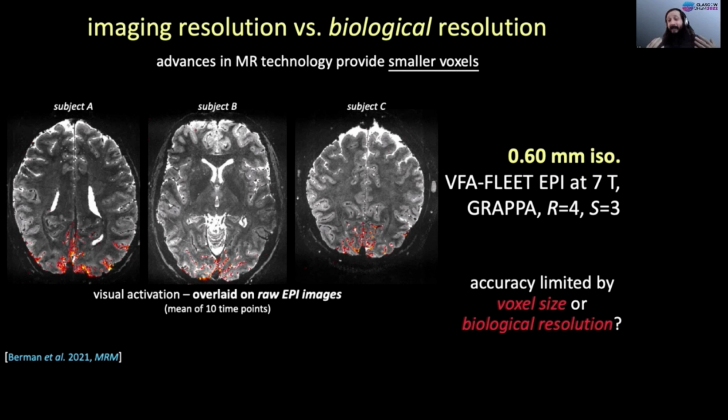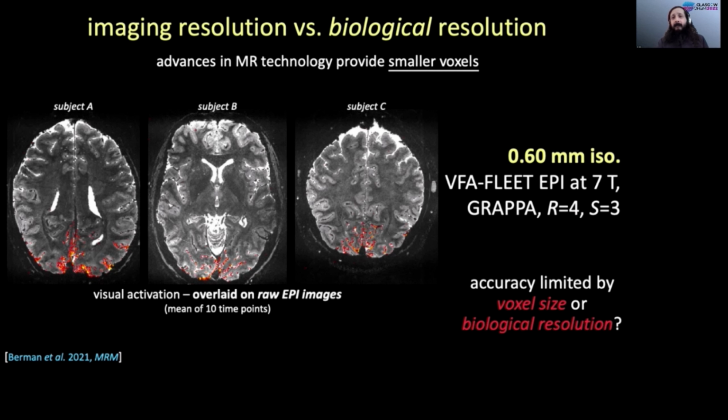Now, this motivates us to develop technologies that enable smaller voxels and faster acquisitions, although today it's still unclear what the ultimate biological resolution is, and it's likely to vary across brain areas. It appears to be tighter than 0.6 millimeters, so even smaller voxels would be put to good use. However, our ability to localize neural activity with fMRI is likely influenced by the vascular anatomy and physiology, as well